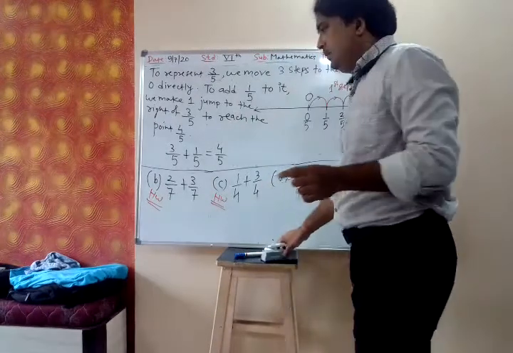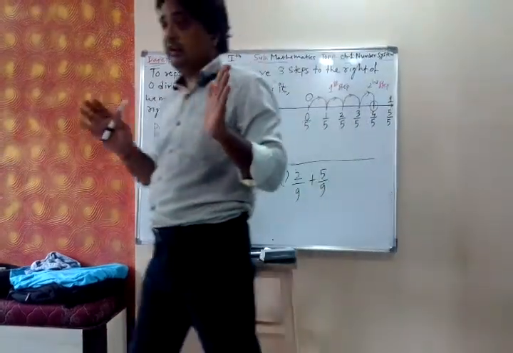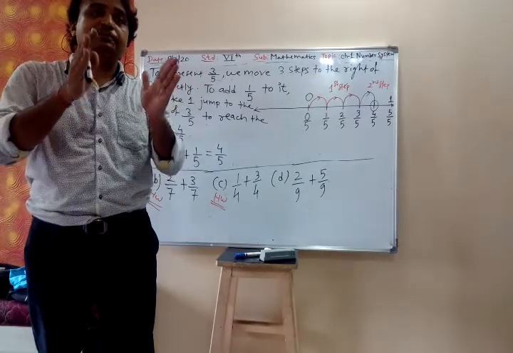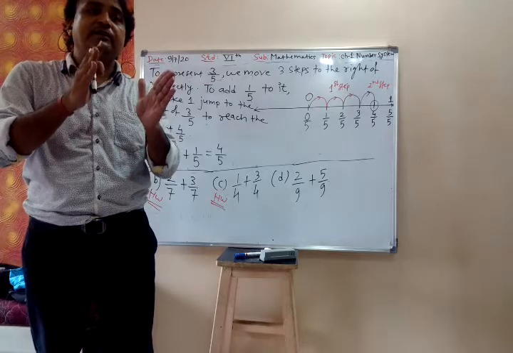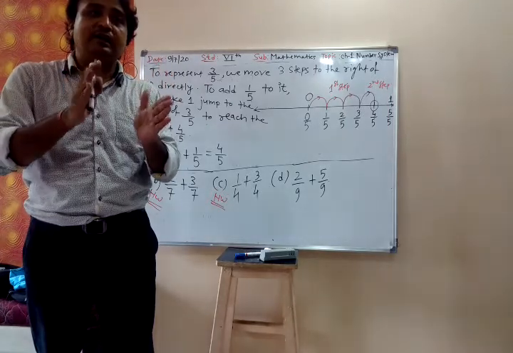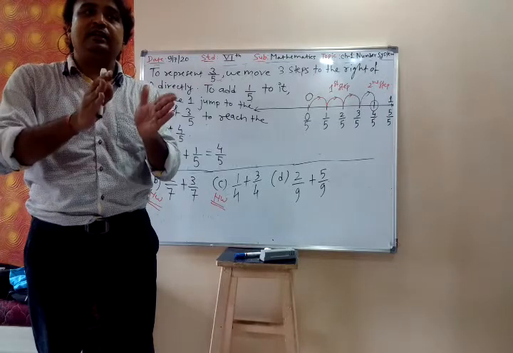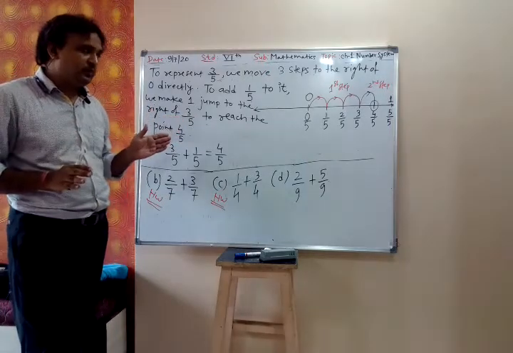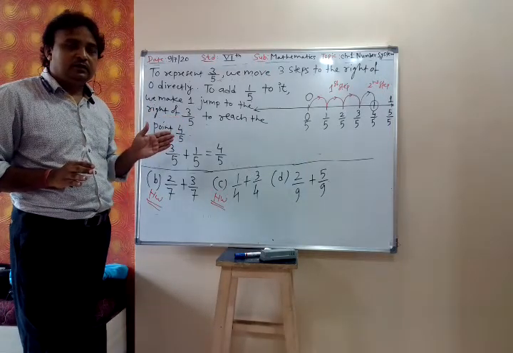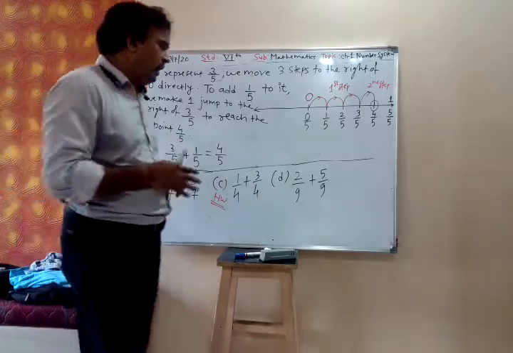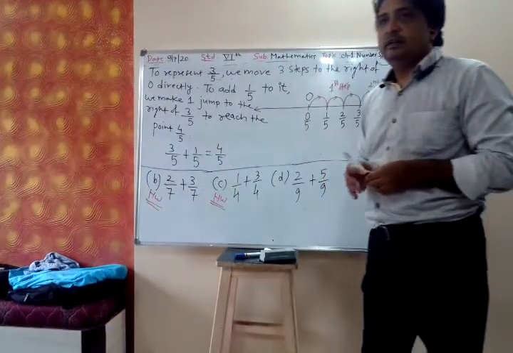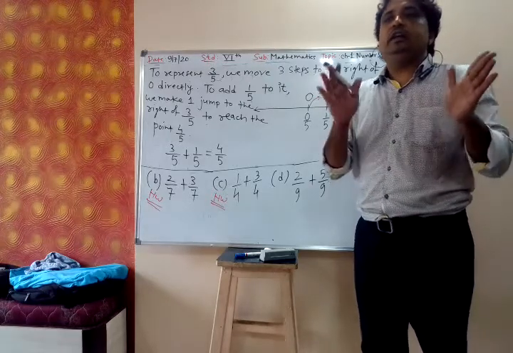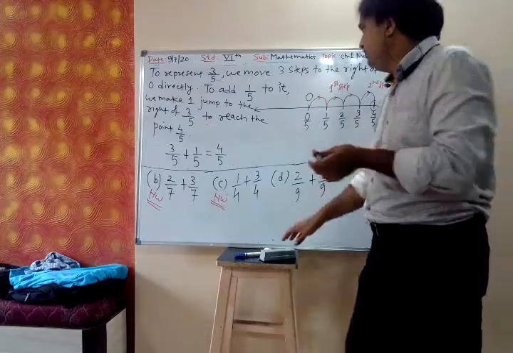See here, if the denominator is bigger and the number has a plus sign, then that number will lie between 0 and 1. If the denominator is bigger and that number has a minus sign, then that number will lie between 0 and minus 1. See, it depends on the number. For example, let me illustrate.